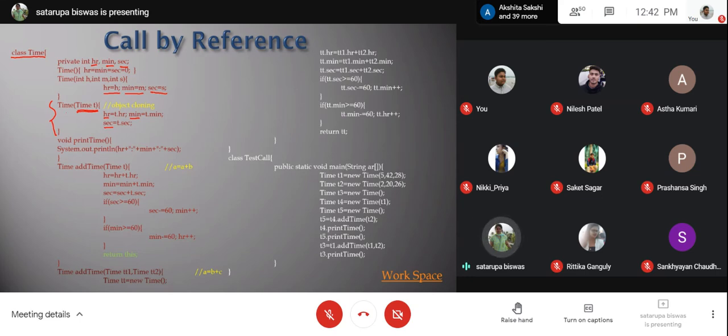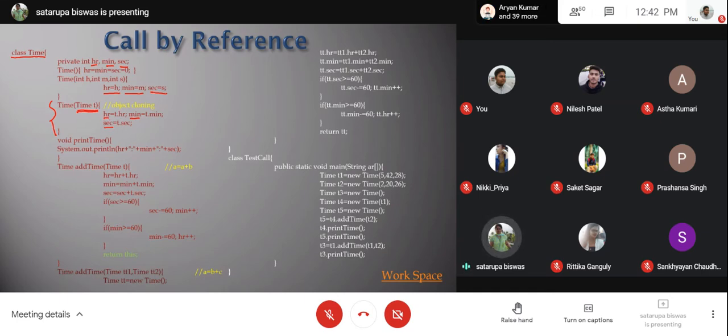So in this case, this is a constructor. So obviously some object is being constructed during this call. So that object's hour, minute and second is this one. So the object which is being constructed, that object's hour, minute and second is referred to by directly writing hour, minute and second.